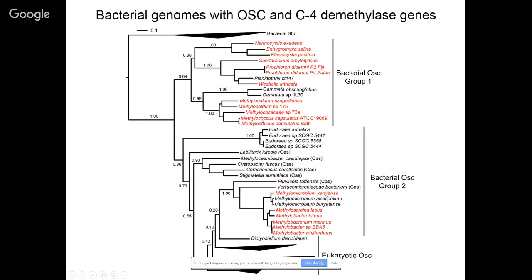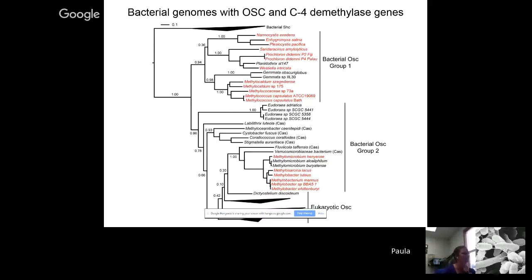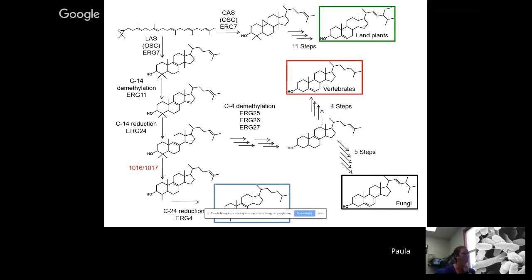So it's a very limited distribution, not only to just bacteria, but bacteria that specifically have this oxidosqualene cyclase and are potential sterol producers. So given that this looks like it's a novel mechanism for demethylating and that it's very restricted to bacteria, I think it's justified for us to say that we've actually identified a fourth sterol biosynthetic pathway. We have the three pathways that we see in plants and a fourth one that we see in bacterial species. And so that was really exciting for us.